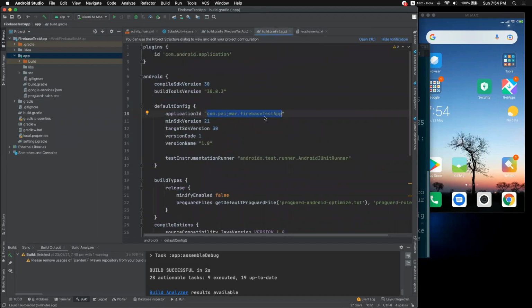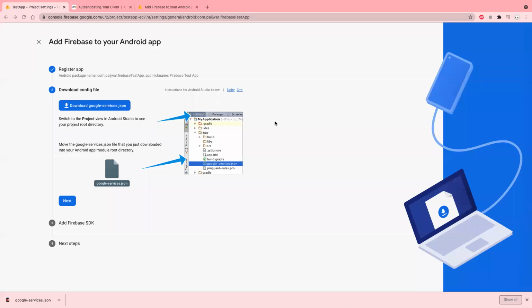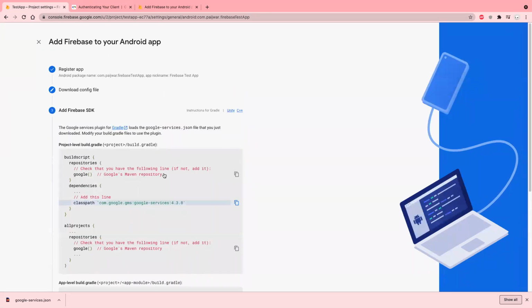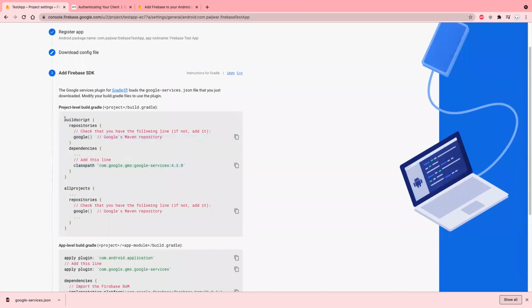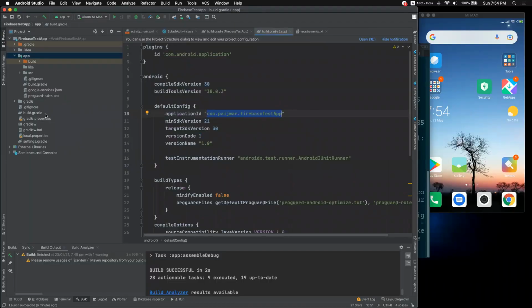Now we have the Firebase file. Now what do we need to do? We'll be following these steps. It is saying what we need to do. So this is at the project level build.gradle. You don't need to change anything. You will just copy this from here and we'll go